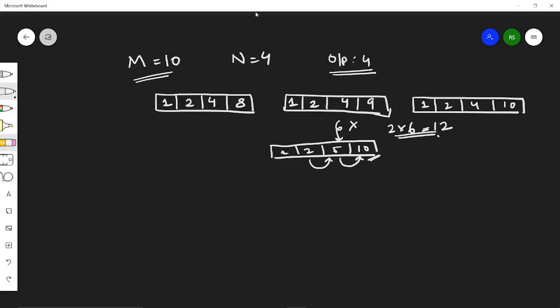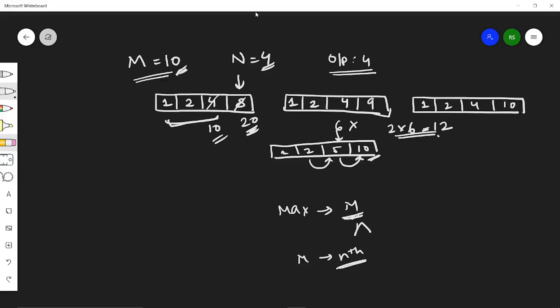So if you see, the maximum number in the array that I could have is equal to m. Now what is the position for this m? Can this m occur anywhere in between the array? No. This m could be at the last position, that is at the nth position only. Why? Because if we place this m anywhere in between, suppose in place of 4 I am putting 10, then when you do twice of it, it would become 20 at least. That is exceeding my range of m. So that's why m can be only at the nth position.